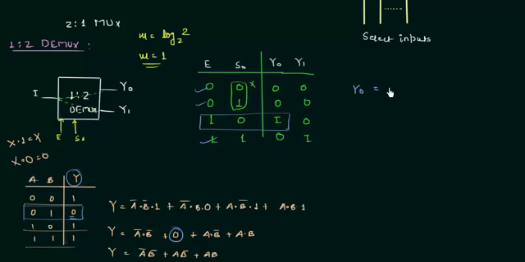but we will consider the third case, and we will have E is 1, S0 complement, S0 is 0, and Y0 is I, so we will have I. In the same way, Y1 is equal to, we will consider this last case, E S0 I. So we have Y0 as E and S0 complement and I, Y1 as E and S0 and I. We can definitely implement this by using the 3 input AND gates. So let's do it quickly.